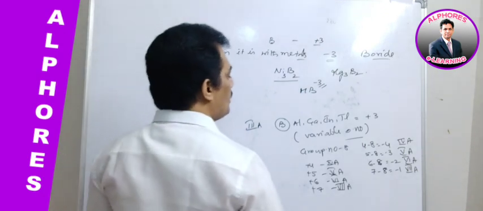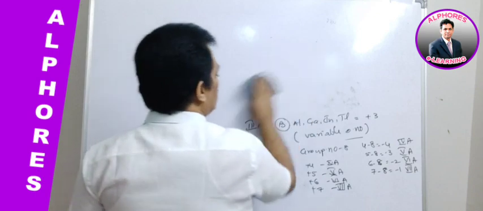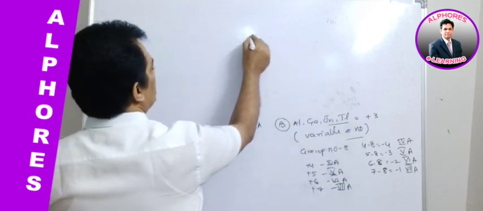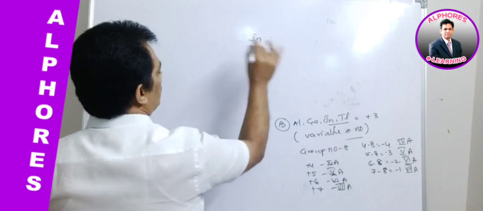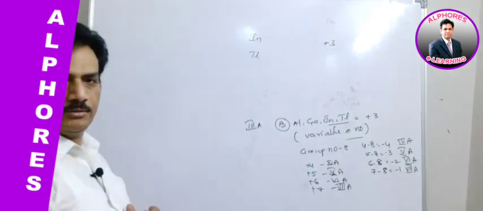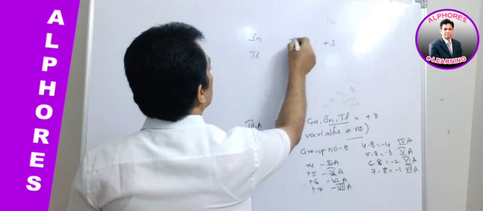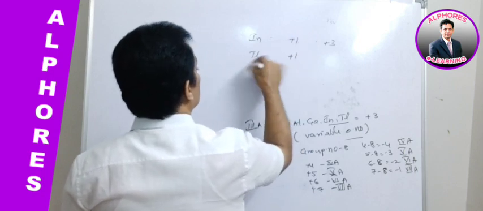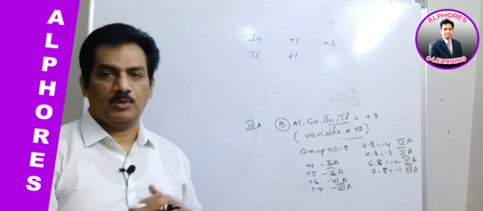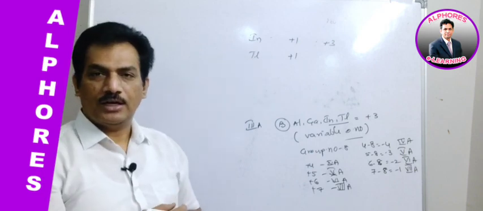And next, coming to the other elements from the same group, that is nothing but indium and thallium. Already we discussed about it. Let us consider indium and thallium. Actually these should exhibit +3 oxidation state. Clear? But these two are supposed to exhibit +1 oxidation state also. Not only +3, that means these are exhibiting variable oxidation states. Not only +3, they can also exhibit +1.